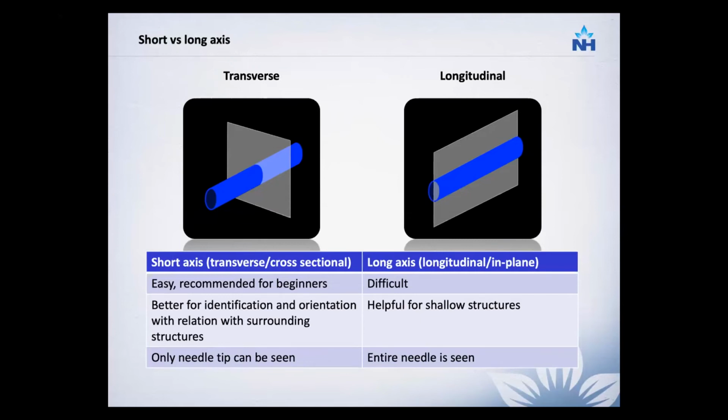Some people also use longitudinal imaging, wherein they cut the vessel so that it looks like a tube. Now, this is relatively difficult. It has a relatively longer learning curve, because the axis of the ultrasound beam, the needle, and the vessel all have to be exactly in the same plane. So if your dexterity is not good and the hand is not steady, then you might actually end up piercing the wrong structure. This is very helpful for shallow structures, and here the entire needle is seen. But again, the learning curve is difficult, so henceforth I'm going to discuss the transverse or the